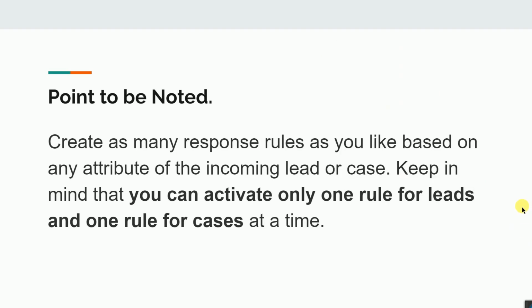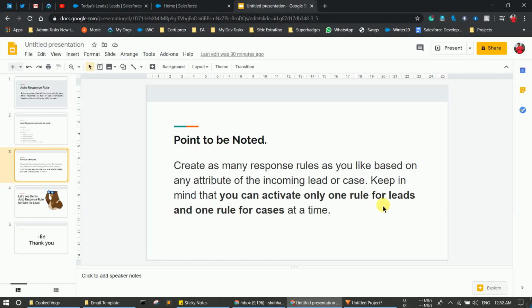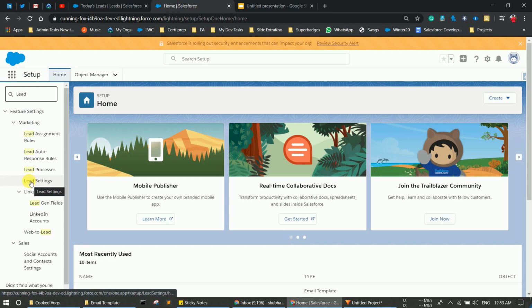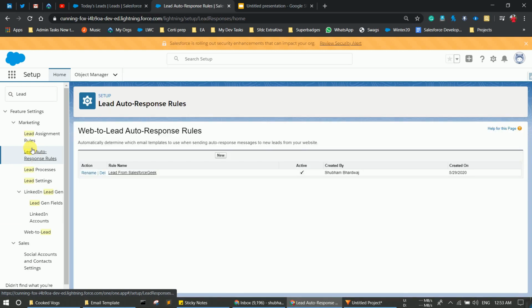So let's see. Here I am in my Salesforce org, where I simply type lead, and as you see, there is lead auto response rules. You simply click on it. As you see, there is right now one activated auto response rule.